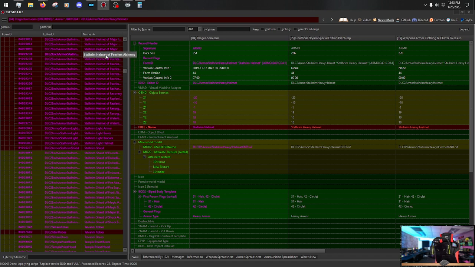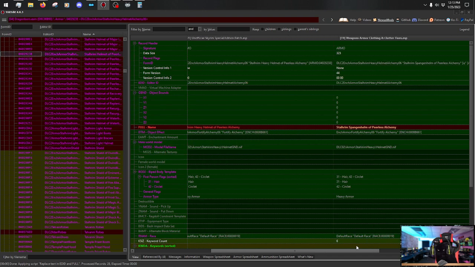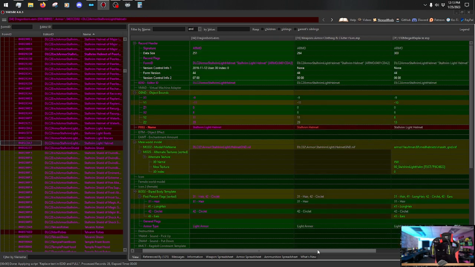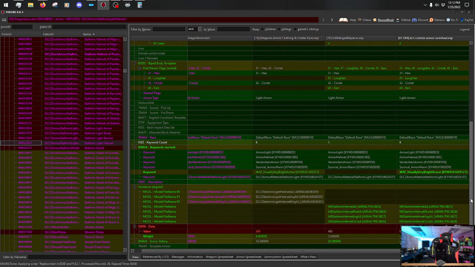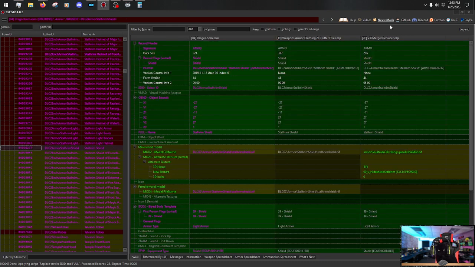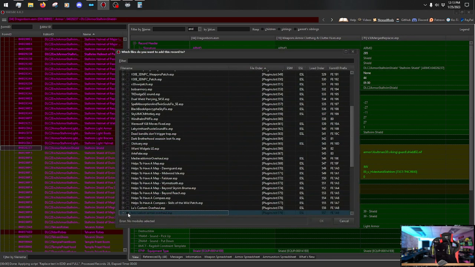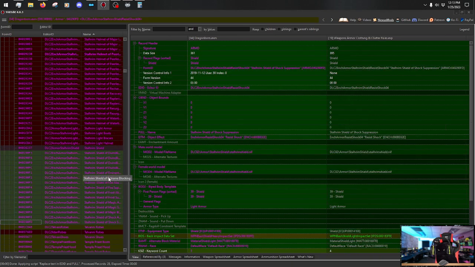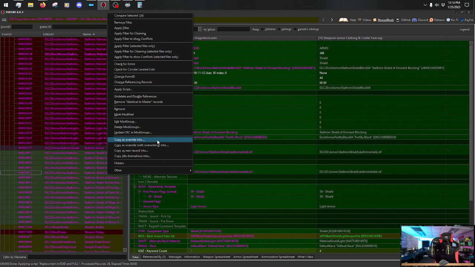Stalrim... what's going on with this one? Stalrim Spangenhelm. Are these ones not named? Oh, they are. So then this has its values changed. I do need to change the actual armor rating, but I'm saving that more or less for last. Stalrim Shield. Actually, we'll do it this way. Stalrim Shield. Copy as override into...